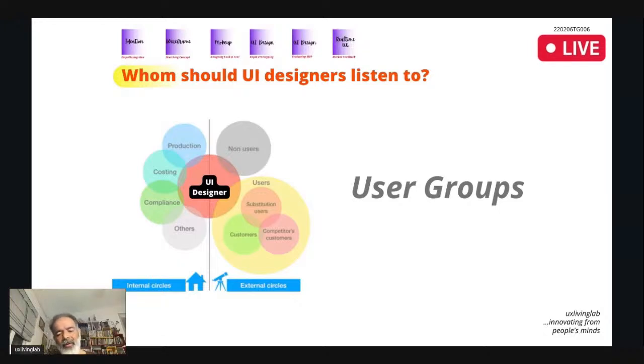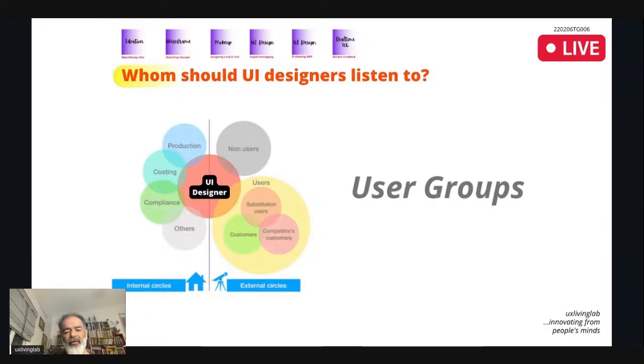Users again we can subdivide into competitors' users, your own consumers, then substitution users. Competitors' users means the users of other brands already in the market. Talk to them. Then the customers of our company, or your own company.